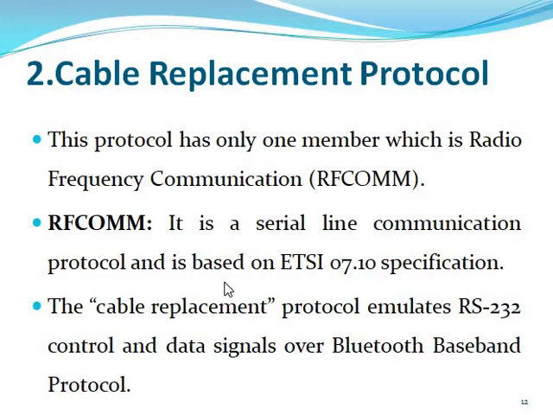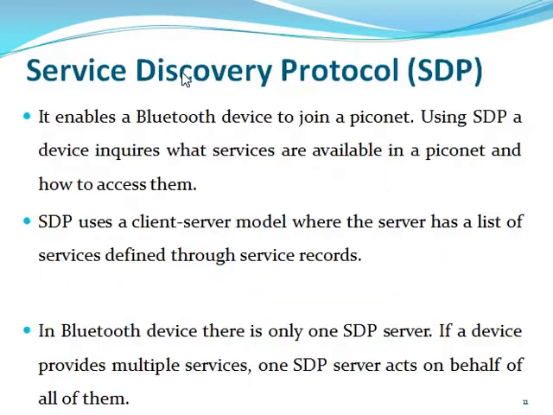In Bluetooth, you can provide communication from one Bluetooth device to another Bluetooth device. You use a cable, and the cable is RS-232 control, which provides signal and data transmission and communication from one device to another. So in communication with Bluetooth, this is the cable you can use. So we can show that here.